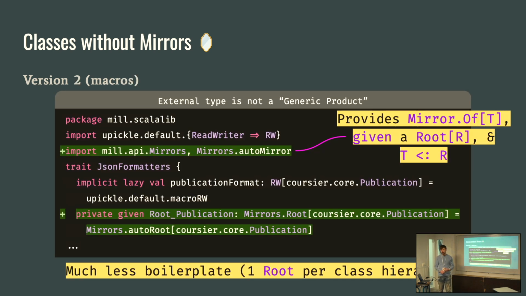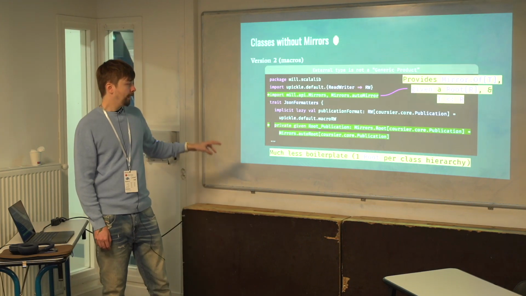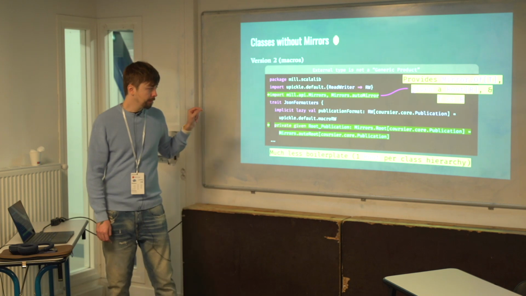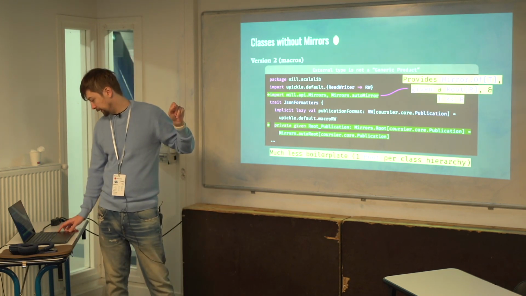So later on, a few weeks ago really, I replaced that ugly mess of generated code with a macro, of course, that will give you a mirror for any class, which is like, I don't know, a sin. You're not allowed to do that in the compiler, but with my macro you can. So all that ugly verbose stuff just becomes like 2 lines of imports. So import my auto mirror macro and my auto root macro. And basically this says like,